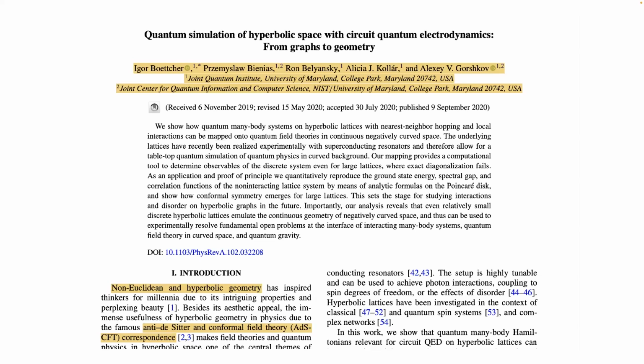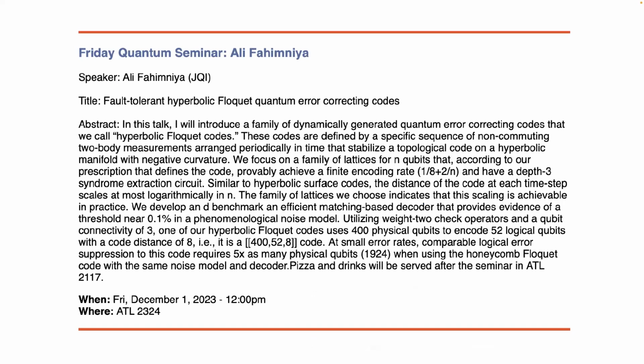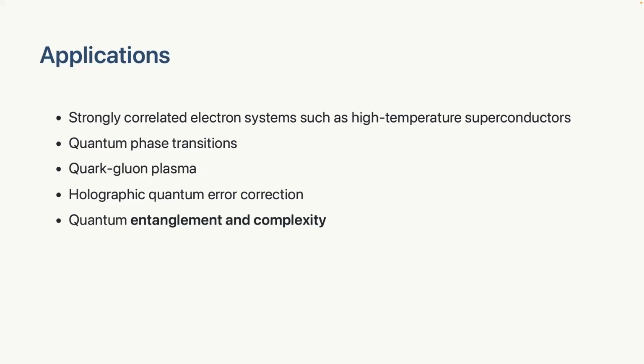And this has applications. I think I will mention the applications. Tomorrow there's going to be a talk about this if you're interested. I will definitely be there. This is about hyperbolic quantum error correcting codes. So hyperbolic geometry plays a fundamental role in understanding the holographic principle. We have people working on it, and if you're interested, you should contact them. There are other applications: this describes strongly correlated electron systems, quantum phase transitions, quark-gluon plasma. As I mentioned,